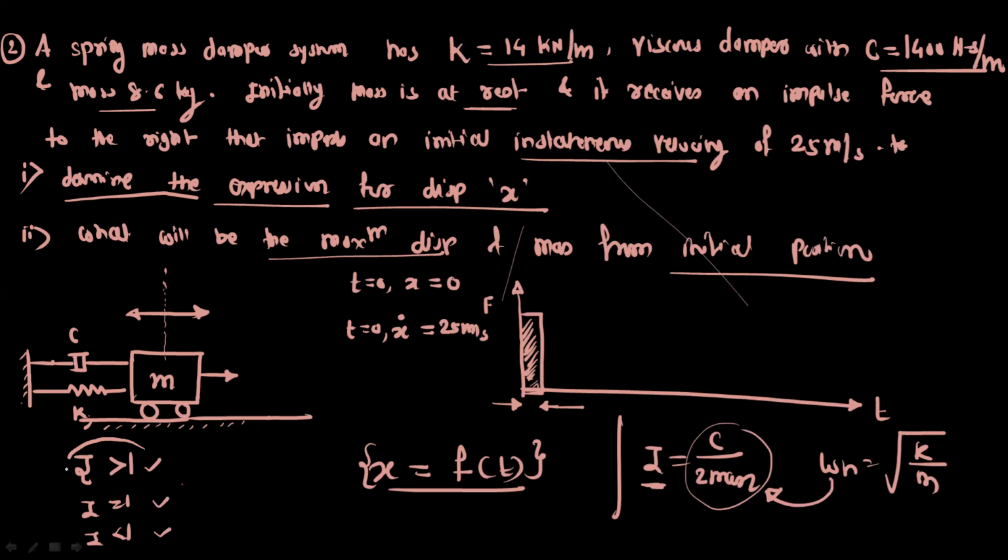If it is greater than 1, then use the general equation of x for the overdamped system. Okay. And then use these boundary conditions. Get the value of constants d1, d2 if it is an overdamped system. And then you will get the final equation, that is x, which is a function of time. And then find out the maximum displacement. Okay. So try to complete this problem as homework.